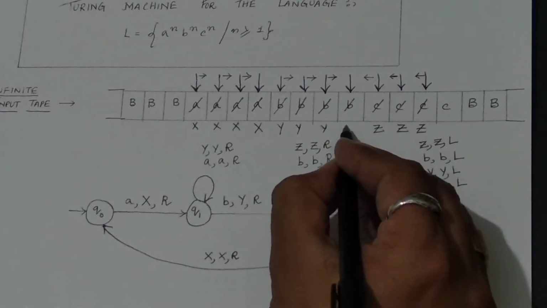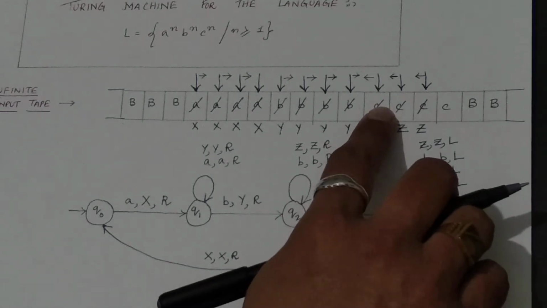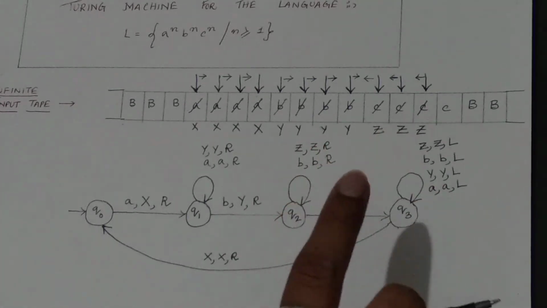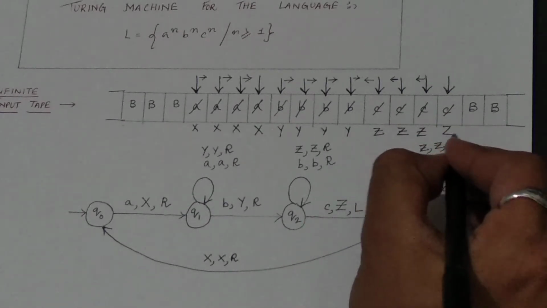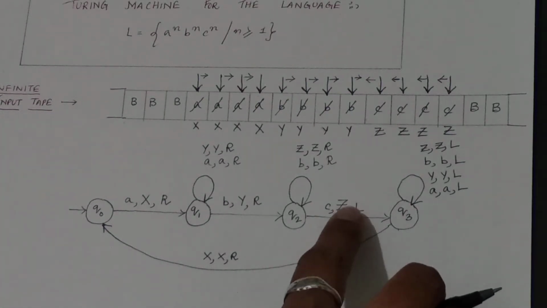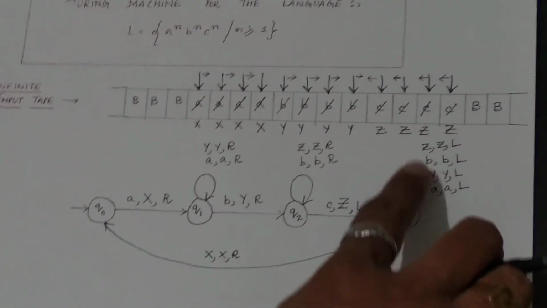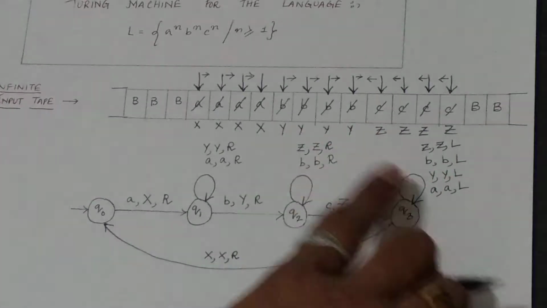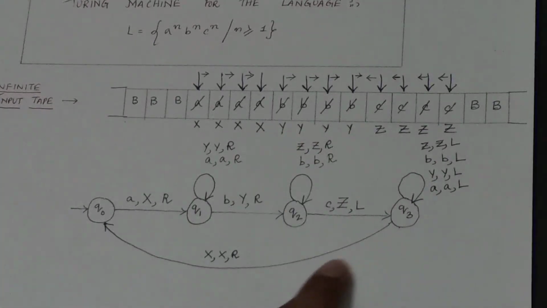Again B will be replaced by Y. Tape head will move in right direction. Then after replacing Y, now it will encounter no B's, now it will encounter Z, and after encountering all Z, it will encounter 1 C, and when that 1 C is encountered, it will be replaced by Z and the tape head will move in left direction. Now tell me, after replacing by Z, the tape head will move in left direction. After that, it will encounter Z, okay, then Y, okay, then after finishing all the Y's, it will come across 1 X. So for 1 X it is here.